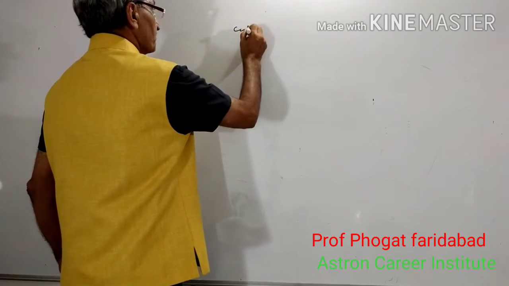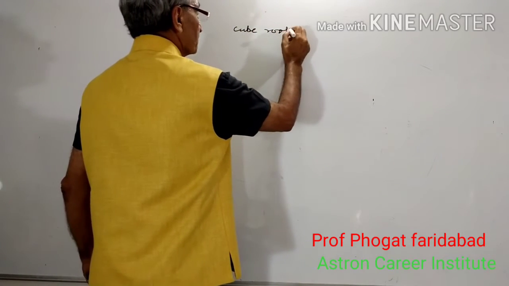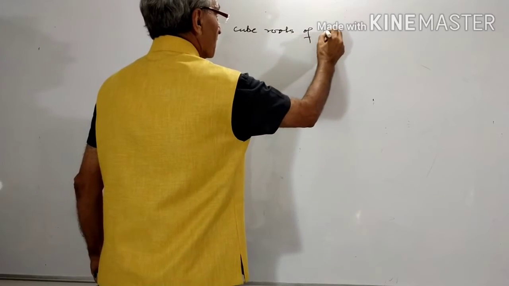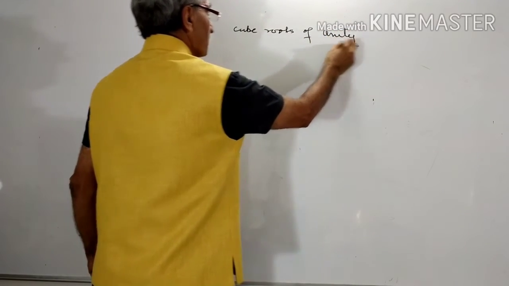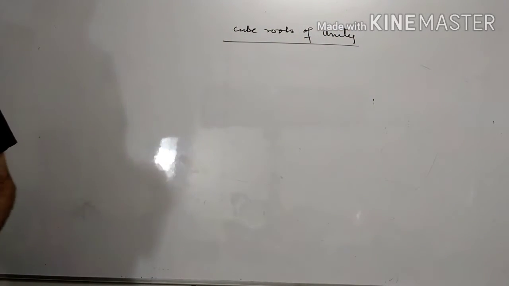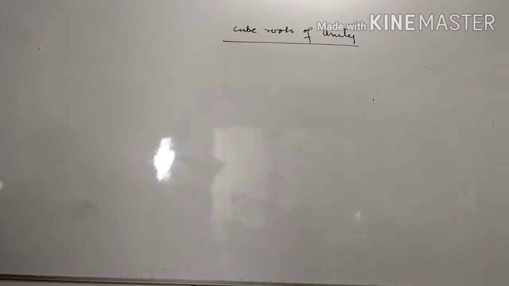क्यूब रूट ऑफ यूनिटी, क्यूब रूट ऑफ यूनिटी। कॉम्प्लेक्स नंबर का एक बहुत इंपॉर्टेंट सवाल पूछा जाता है क्यूब रूट ऑफ यूनिटी पे, और उसकी हम बात करेंगे। व्हाट इज क्यूब रूट ऑफ यूनिटी, इसकी बात हम यहाँ करना चाहेंगे।